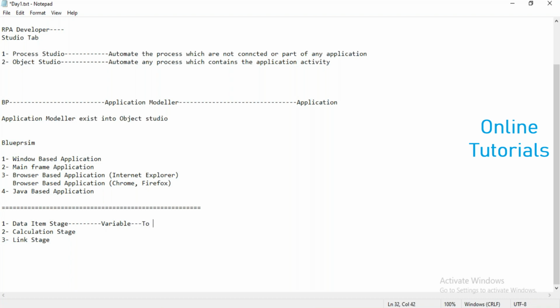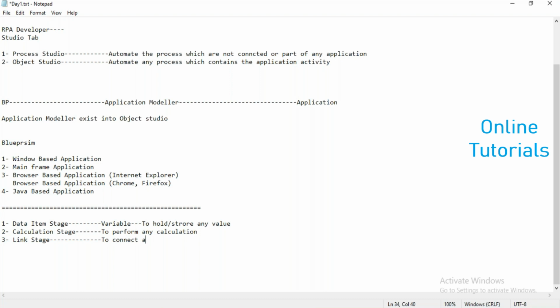It means to hold, or store, any value. The calculation stage is basically used to perform any calculation, and the link stage is basically used to connect